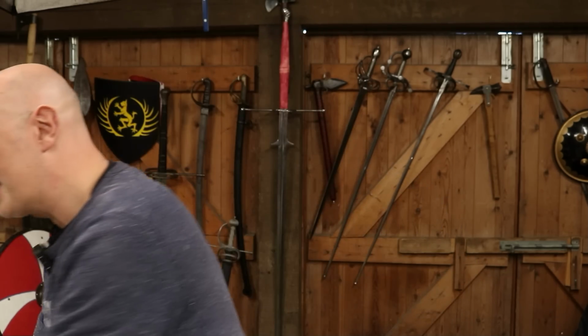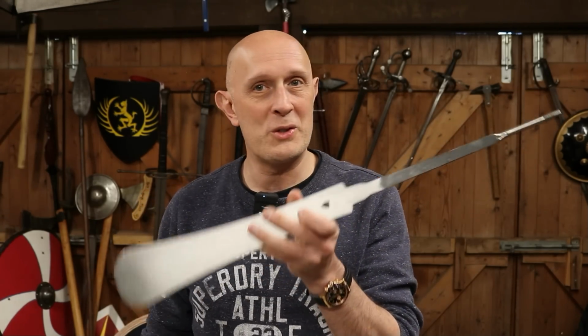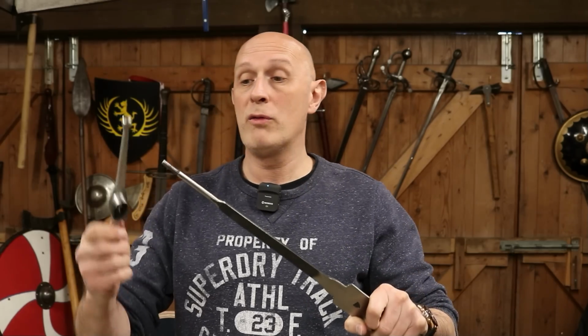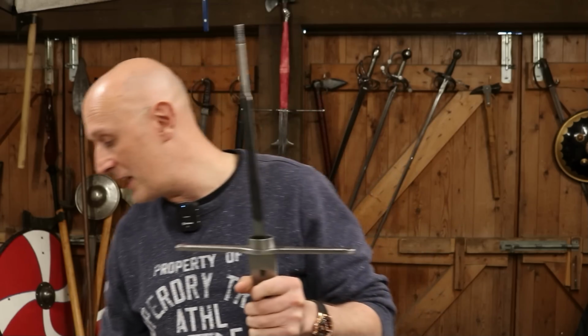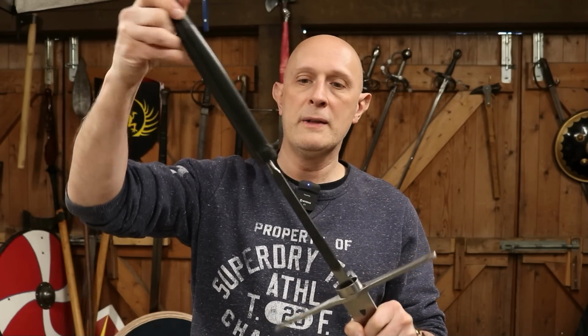Now, the unique thing about this is, and this is where swingers are going to get really excited, okay? That is longsword swingers, and this is a swing sword, as it's sometimes known, or indoor sword. You'll notice it has a blade, but not a blade. And this is something which is really useful for people who want to train indoors. So if you can't get outside, if it's horrible weather, or you want to train while you're watching television, or you just live in an apartment block and you don't have a garden or whatever, then you can